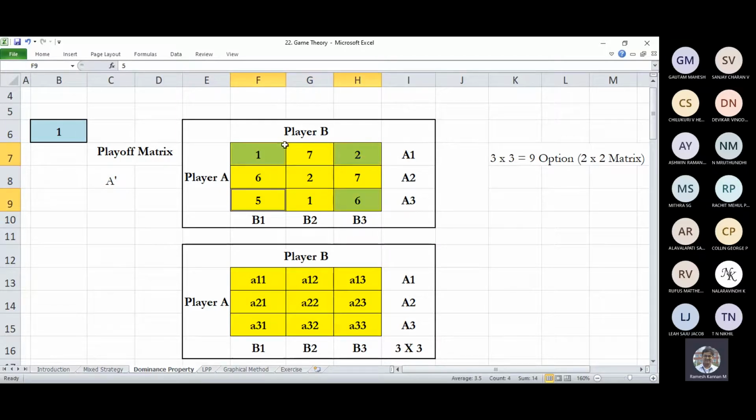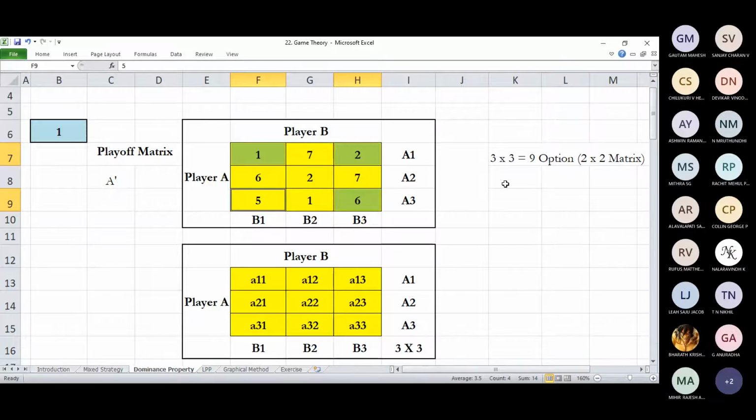This also is 2 by 2. We can even make that 2 by 2, or the 7, 6, 7, and 1 can also be a 2 by 2 matrix. So there are 9 2 by 2 matrices available.